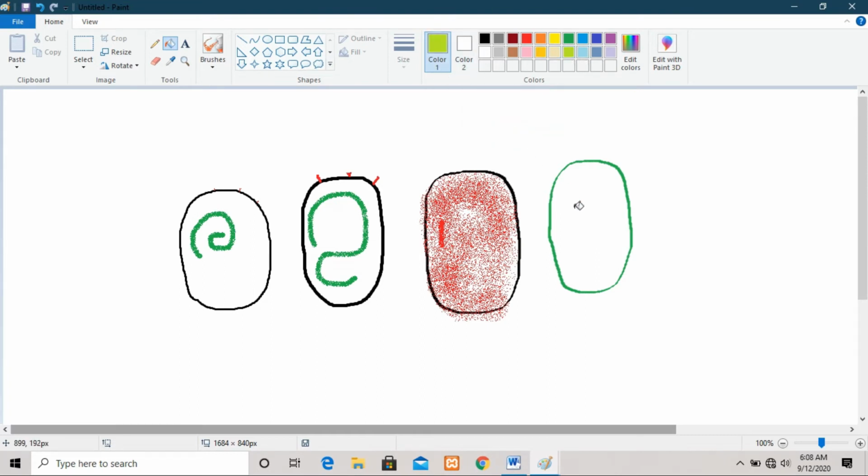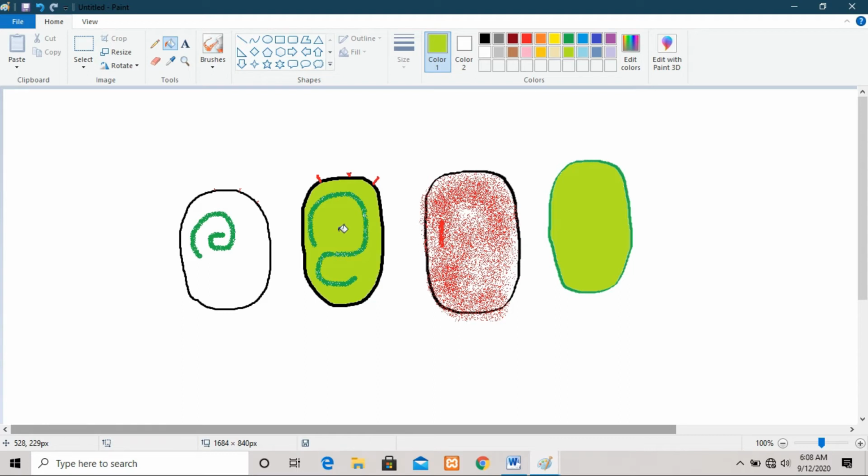Just fill the green color in the area where you want to fill. So here I want to fill. Okay, now, how to fill this? Just go to the place where you want to fill the color and click once on that area. By doing this, the area will be filled by that color.